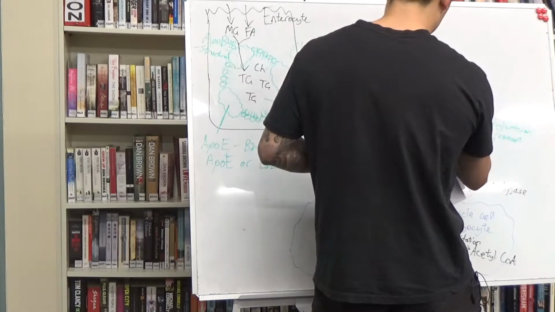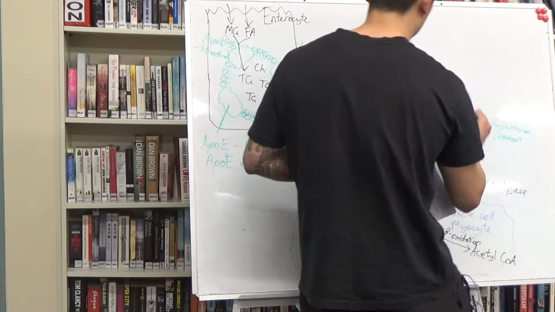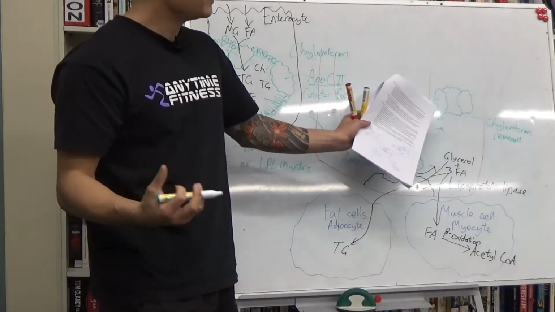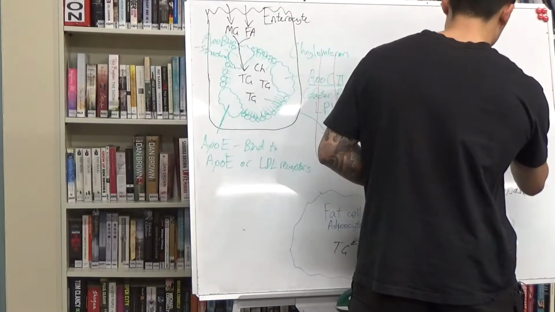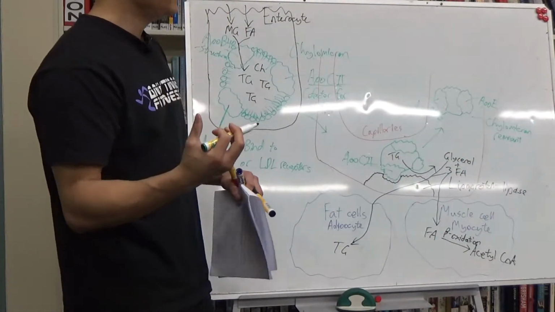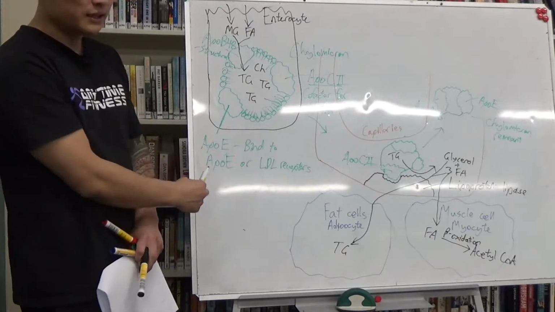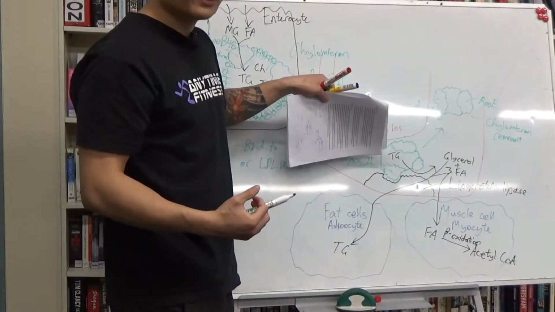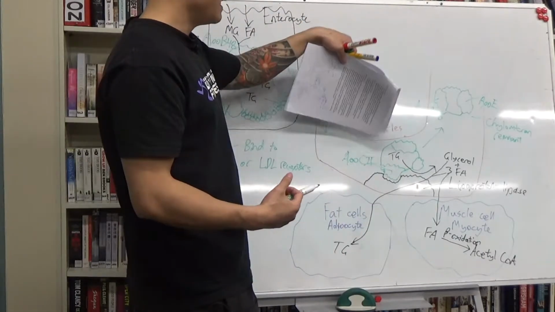So what actually happens is that it's still got its ApoB48. So remember that the ApoB48 was a structural protein, so it just helps to maintain the shape. And this one here was ApoE. Okay, so ApoE's the one that's going to bind to the LDL receptor or the ApoE receptor on the liver, but now it's lost its ApoC2. Okay, so the chylomicron remnant no longer has the ApoC2,